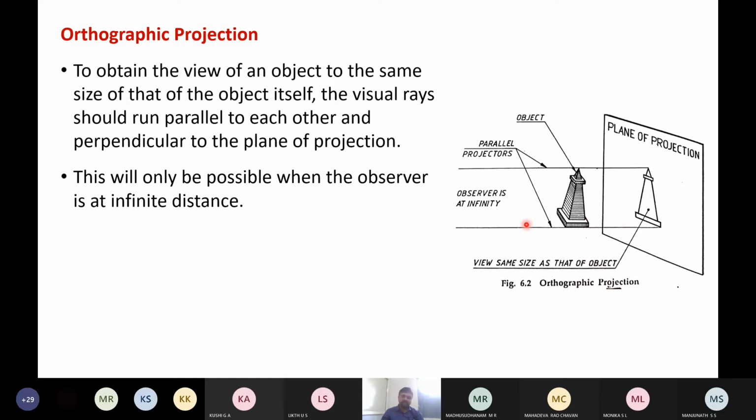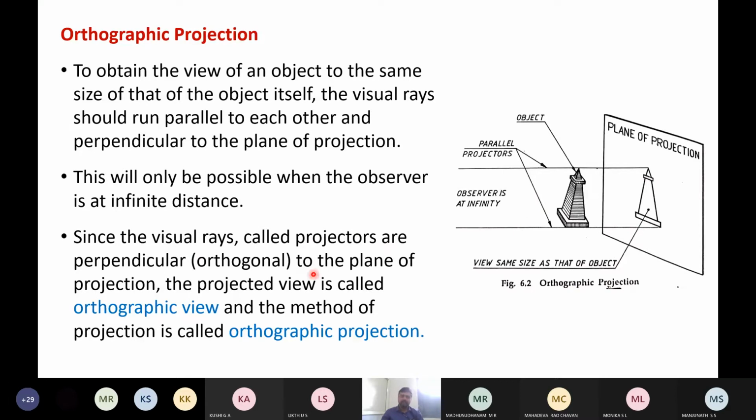Since the visual rays called projectors are perpendicular to the plane of projection, ortho is nothing but 90 degrees, that is perpendicular. The projected view is called the orthographic view, and this method of projection is called orthographic projection.